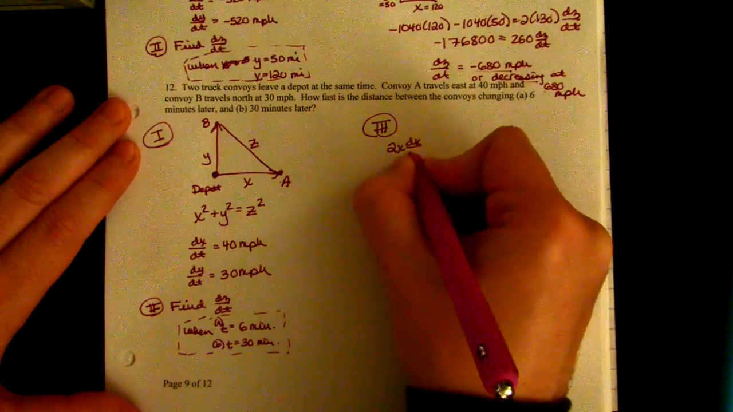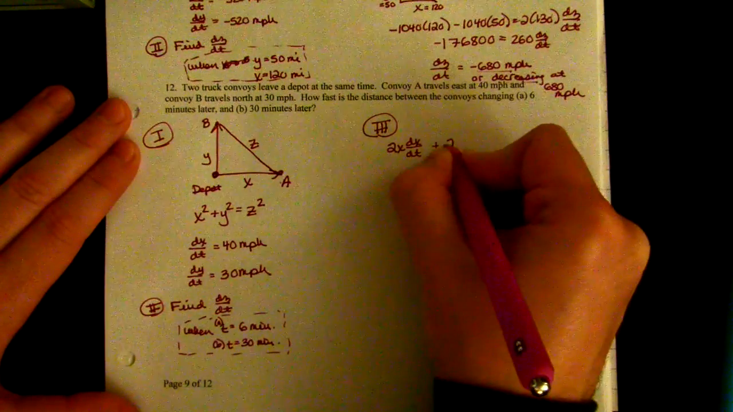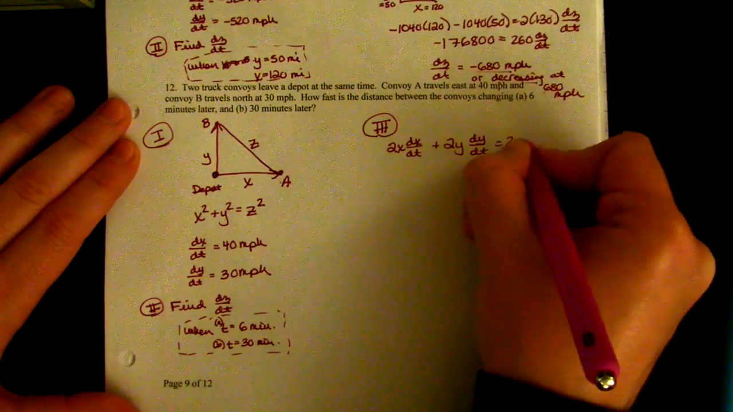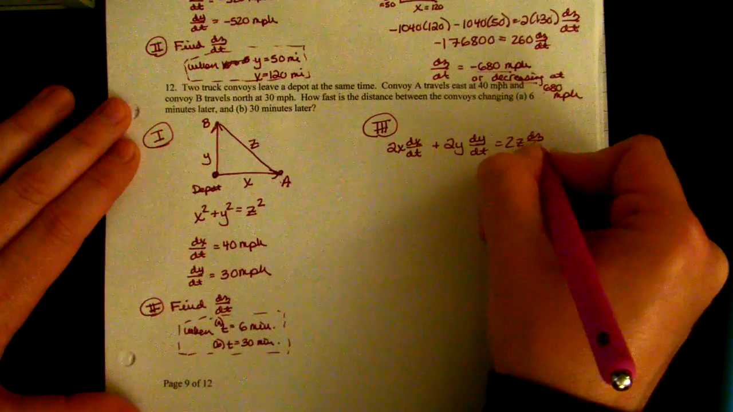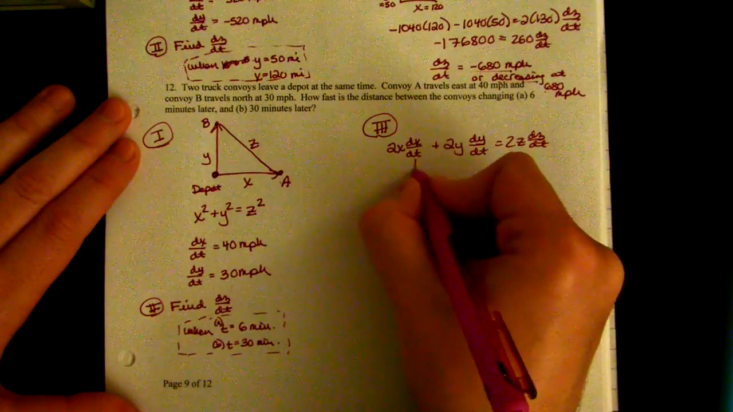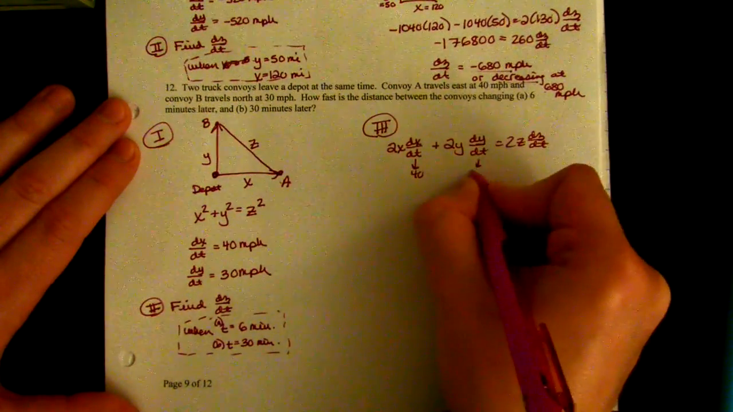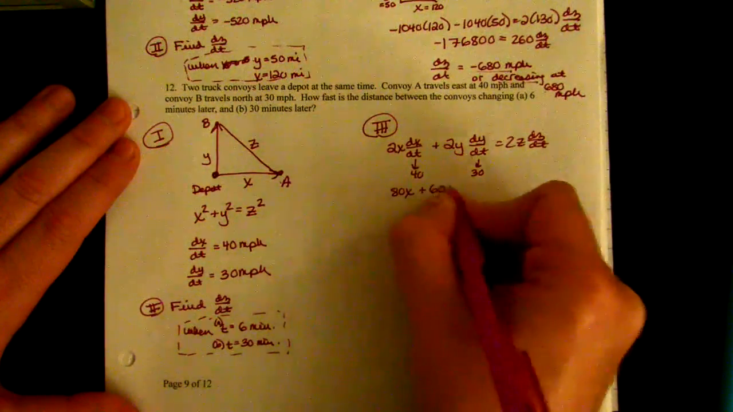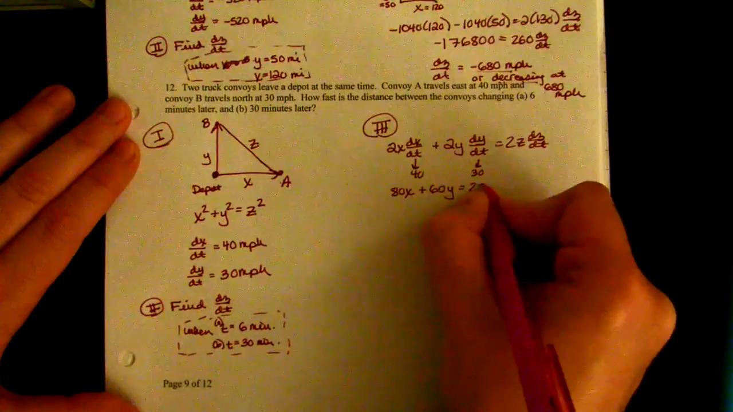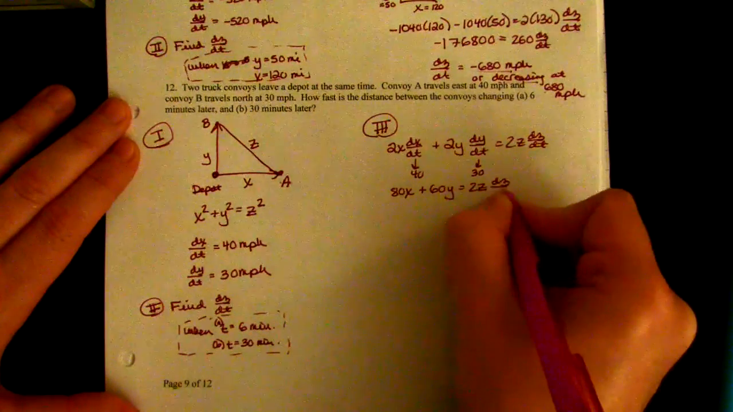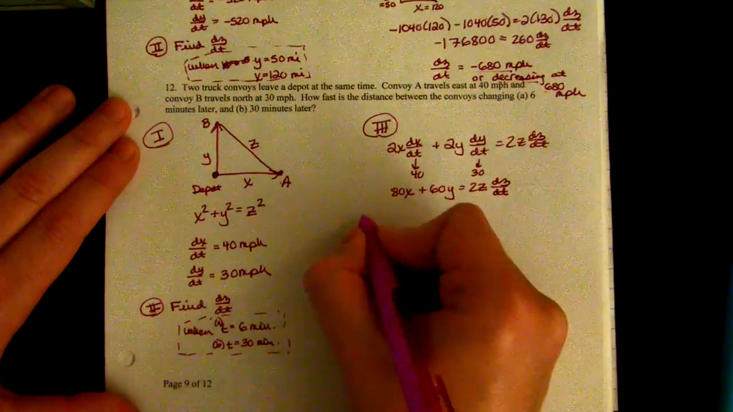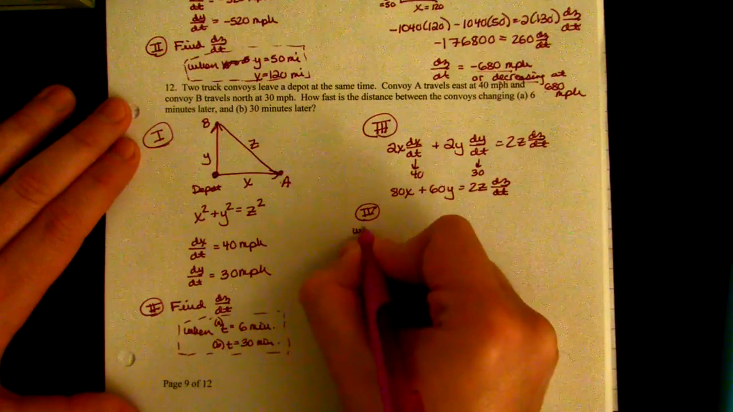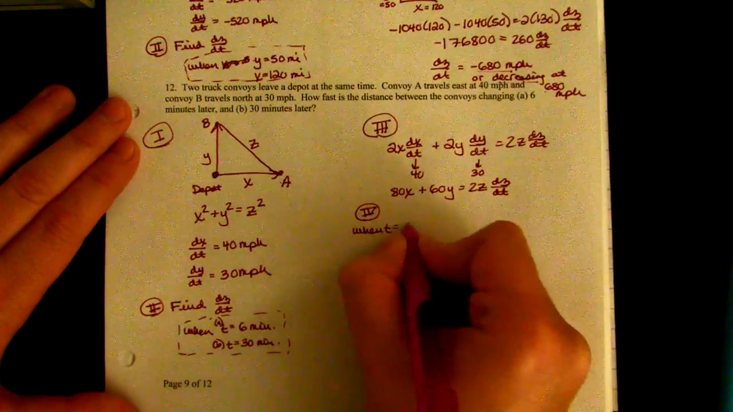2x dx/dt plus 2y dy/dt equals 2z dz/dt. 40, 30. So 80x plus 60y equals 2z dz/dt. Now, when t equals 6 minutes,